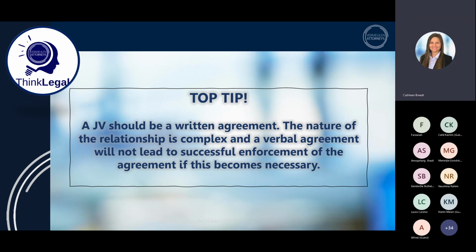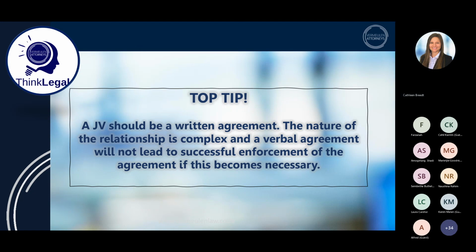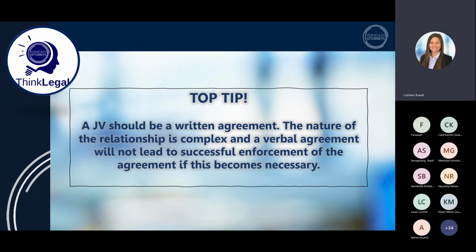Then top tip, I think I've covered this, but let's do it again. A JV should be a written agreement. In fact, top tip is every single agreement should be a written agreement. The nature of the relationship is complex, and a verbal agreement will not lead to successful enforcement of the agreement if it becomes necessary. Just to give you an idea how the law works,